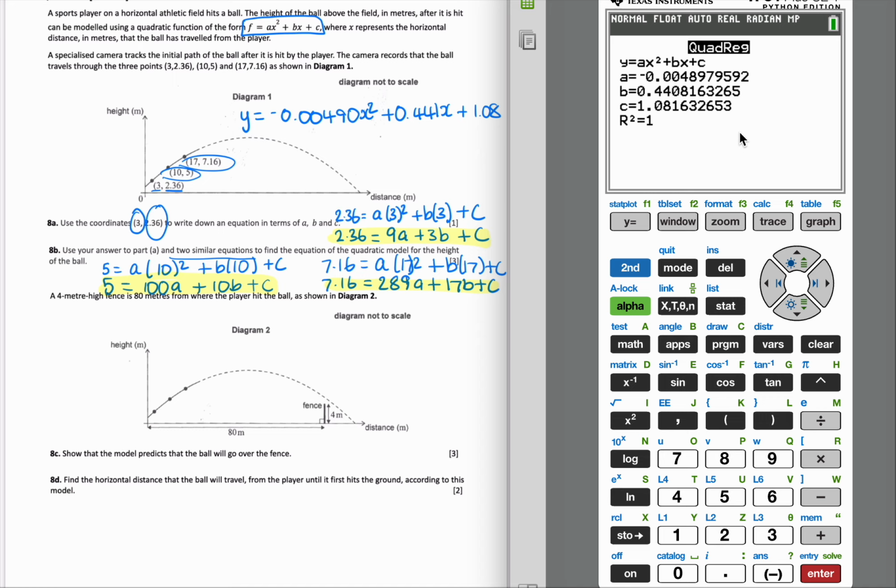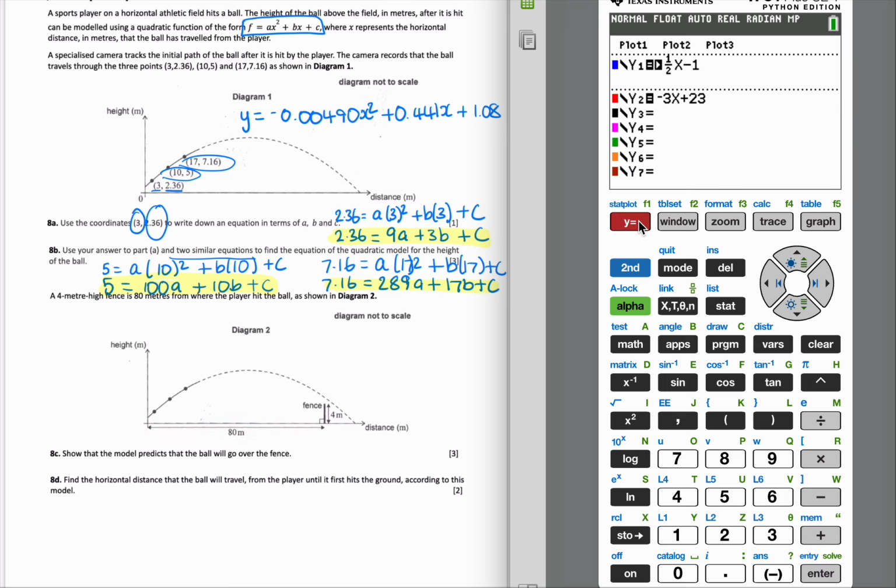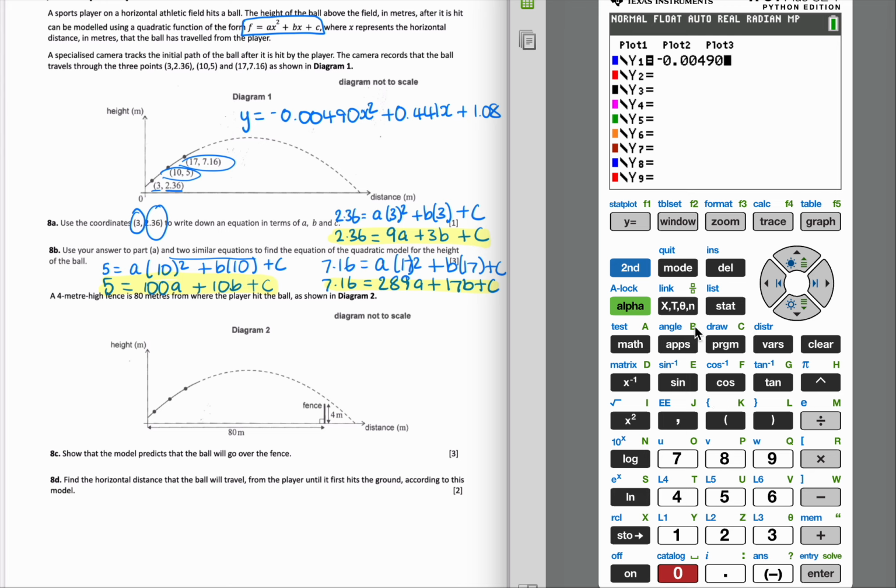So we now need to show that the model predicts that this ball is going to go over the fence. So the fence is at 80 meters away and it's 4 meters high. So we're going to go to the y equals, and again, if you've got anything in there, let's just delete it. And we're going to type in the equation we've got, or that we just found. So it's negative, make sure you use the correct negative key, 0.00490 x squared